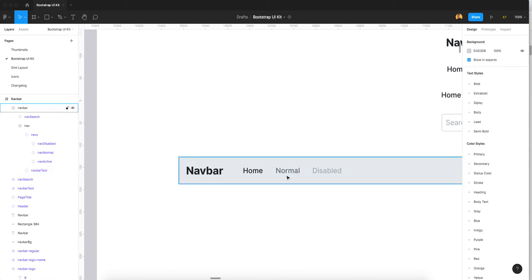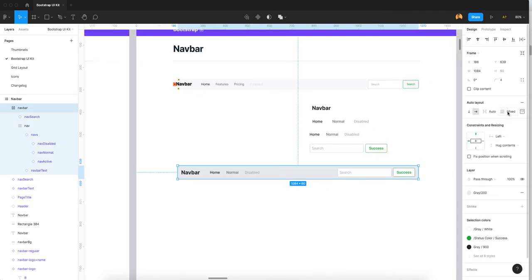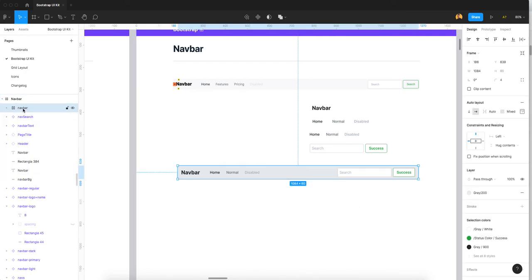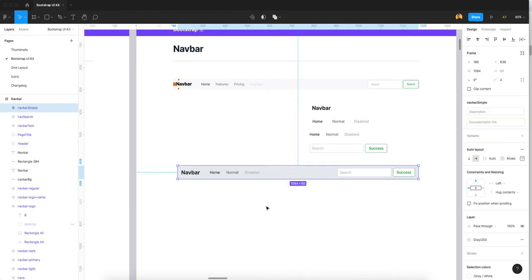Okay, see now the complete spacing surrounding is 16 pixels left and right and 8 pixels top and bottom. Now I rename this navbar, simple. Okay, convert this navbar into a component.